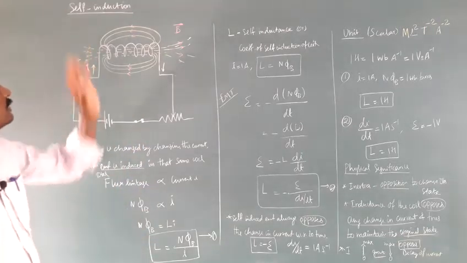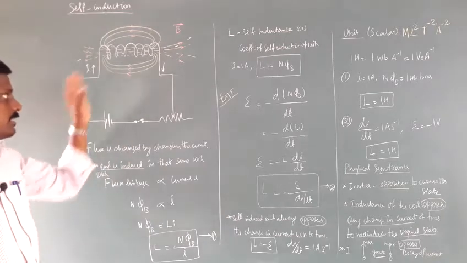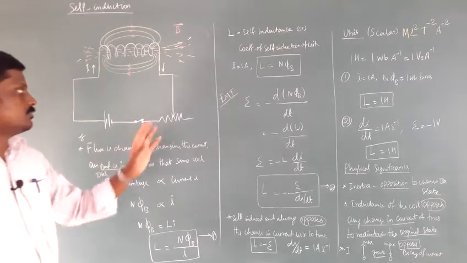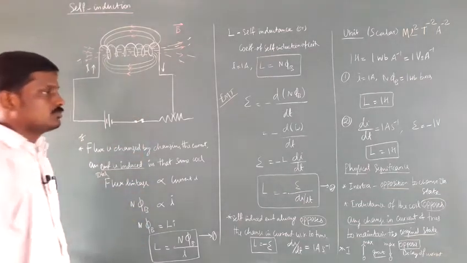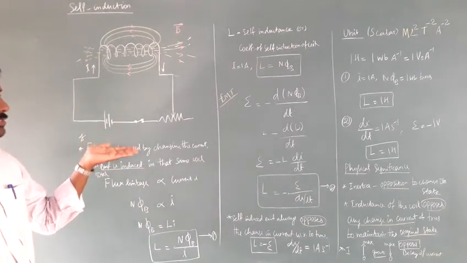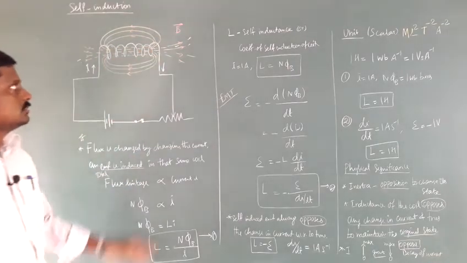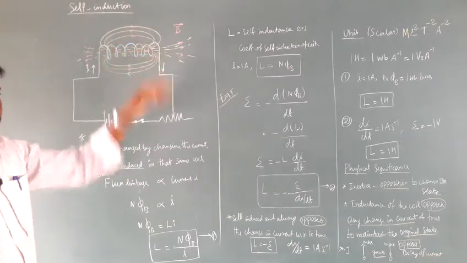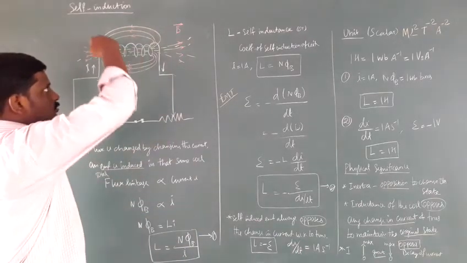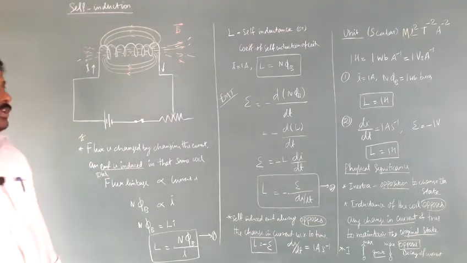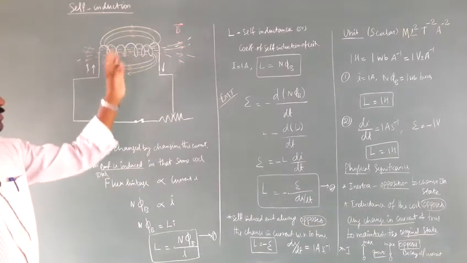First, self-induction. Consider a circuit with a battery, rheostat, key and a coil. If the key is closed, the current increases from 0 to maximum. There is a current flowing through the coil, so there is a magnetic field around the current-carrying conductor. That is the effect of electric current. The magnetic field produces a magnetic flux, that is the number of magnetic field lines passing through the given area.